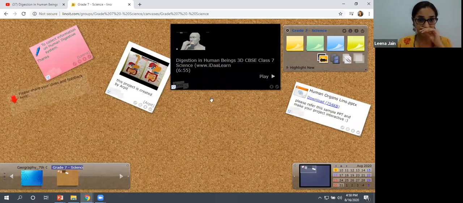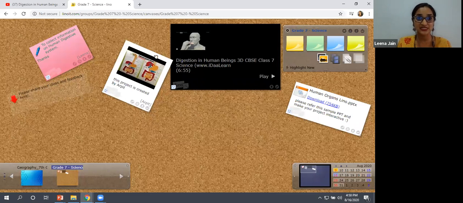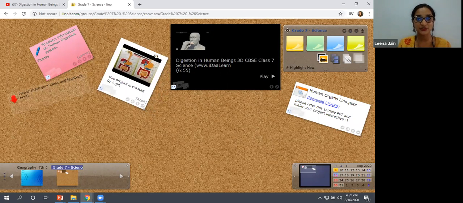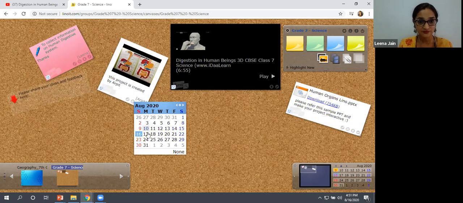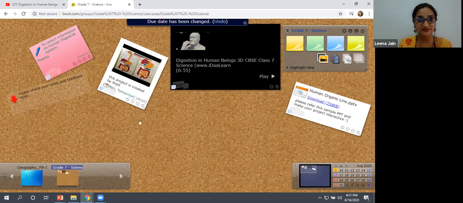From here, you can also see there is a due date option. Due date means you want to give this a date. You want to set a due date to this so that students start working before this date or they can submit their responses. So you can set a due date here. When I'm setting a due date, I'm giving it as a 17. Okay, so here it has been set, and here you will get it highlighted. Okay, the due dates and all will be highlighted down there, in the right hand side corner.